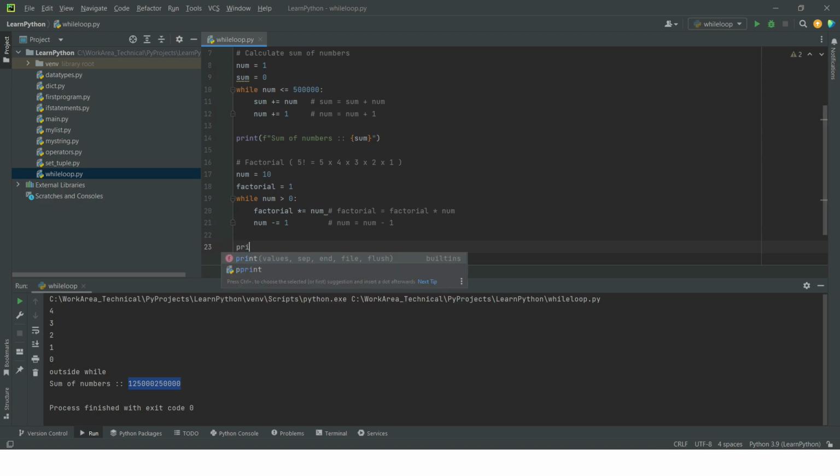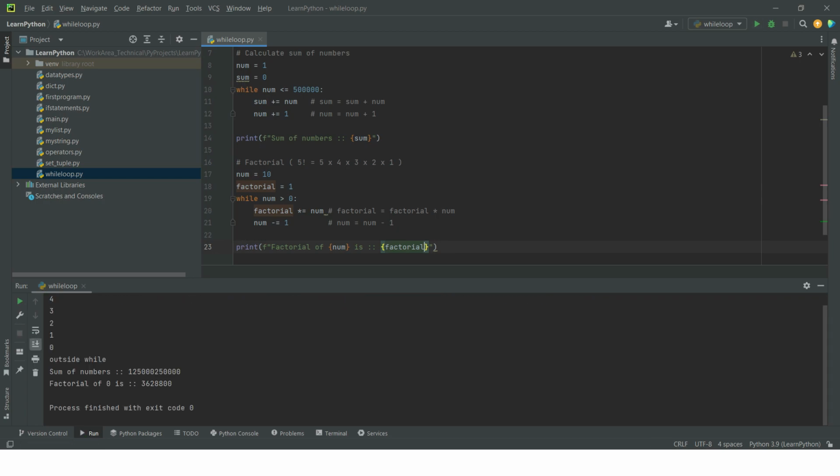And once the loop is over, outside we want to print the factorial. Let's see. See, I'm getting the factorial of 10